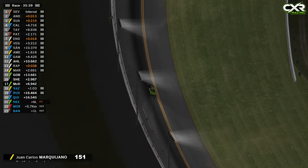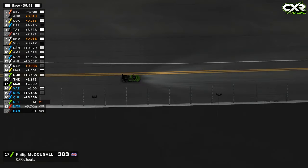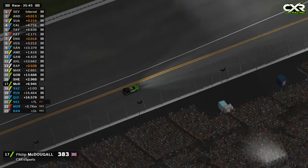God, this bit's hard. There we go. I'm coming over the line in 17th. I did have to pit twice, but...